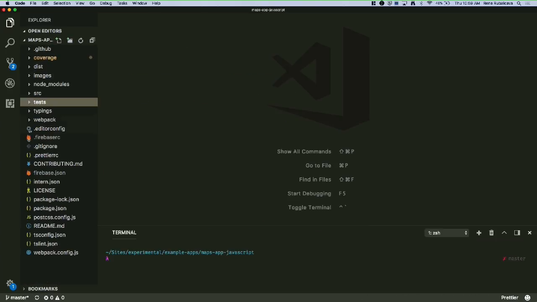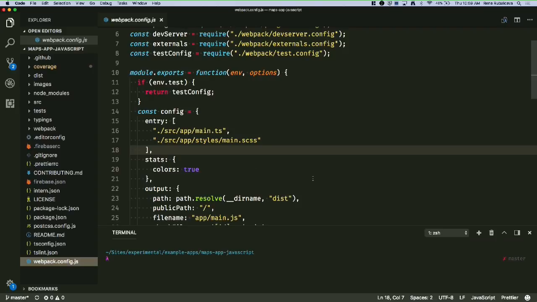All right, so let's take a look at some more stuff. Let's get straight down to the Webpack stuff. This is, I think, what people are interested in. So for my